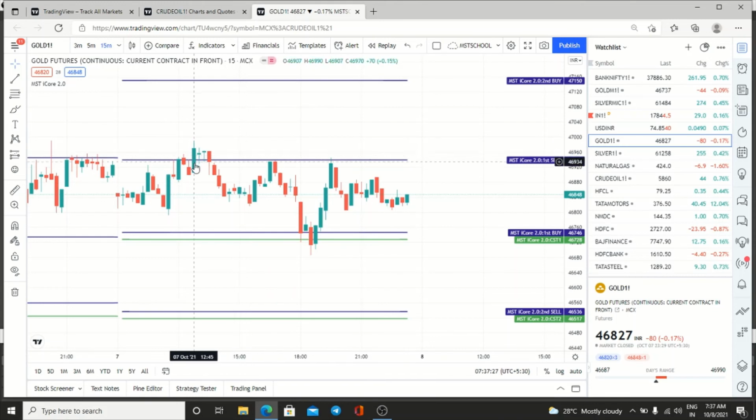And also I told you, see here, this candle, we should avoid the trade because it has closed above the sell entry, but immediately the next two candles are not having any strength, bullish strength is not there, but followed by there is a red candle. Immediately the low of that candle is broken. Now the closing of this red candle should be the entry price. The closing of the price is 46,935. See the next one, 46,931, almost it has reached, and next time also we got the entry 935 exactly, and 938 second time. So this is how you have to trade in any script.